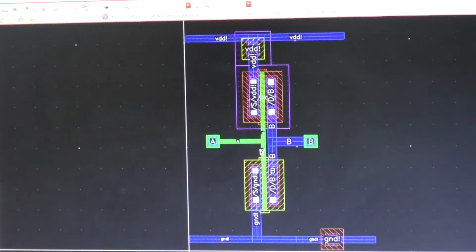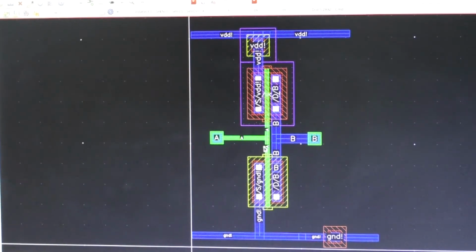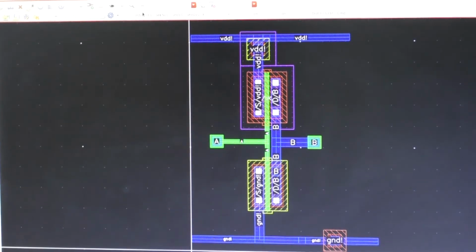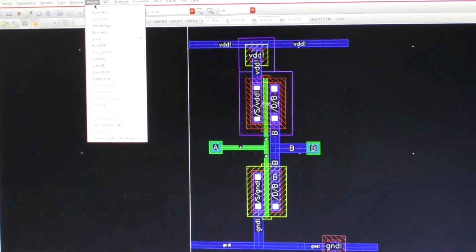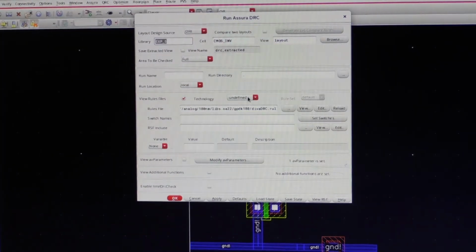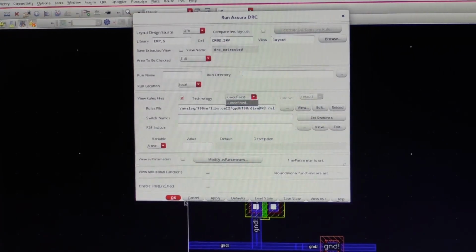The circuit has been designed using the GPDK 180 nanometer, so we have to verify the circuit with respect to the 180 nanometer technology, and for that we go to Assura, Run DRC, and here we have to choose the technology as GPDK 180 nanometer.